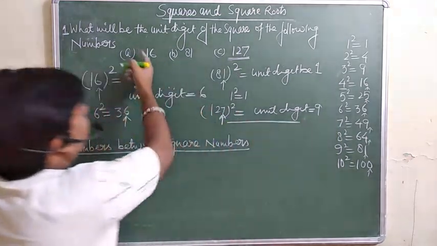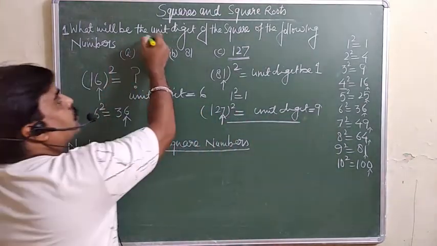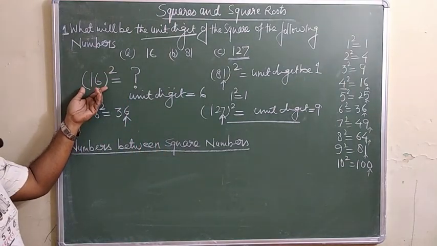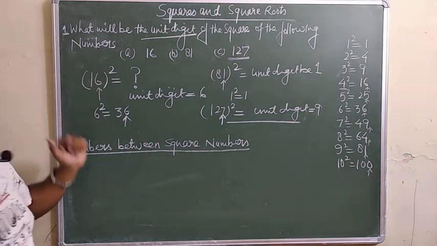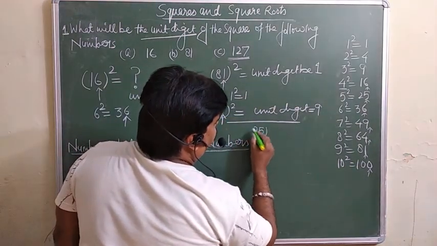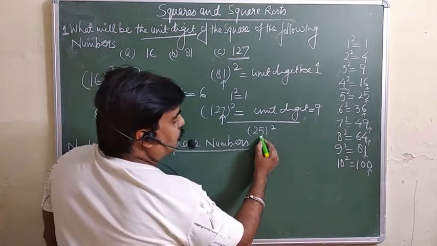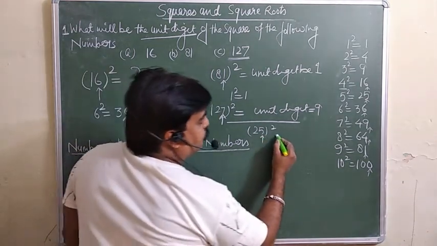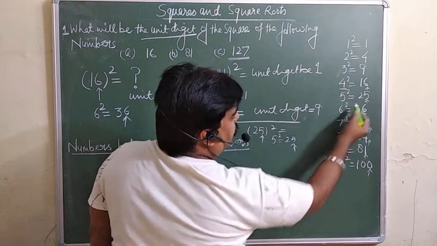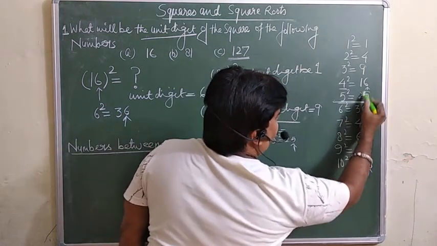So likewise, simply because here we are talking about the unit digit, we don't want to know what will be the square of this number. कि इसका स्क्वायर क्या होगा, we are not worried about. Likewise, one more example you can take, suppose 25 square you are doing. What will be? So you must do the 5 square. 5 square means that is 25. So unit digit will be what? 5. देखिए 5 का स्क्वायर में 25, 25 में 5 is the unit digit.